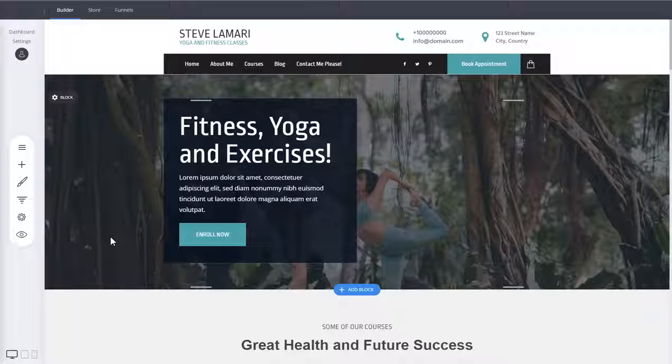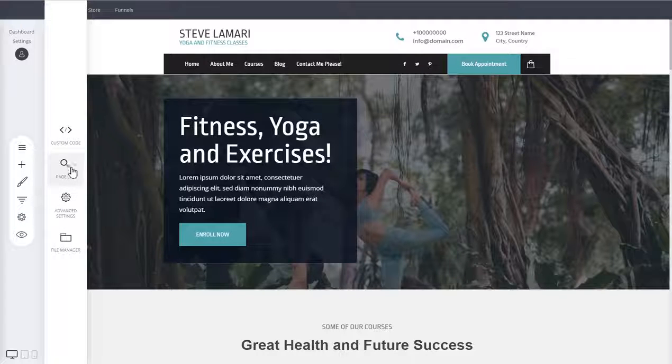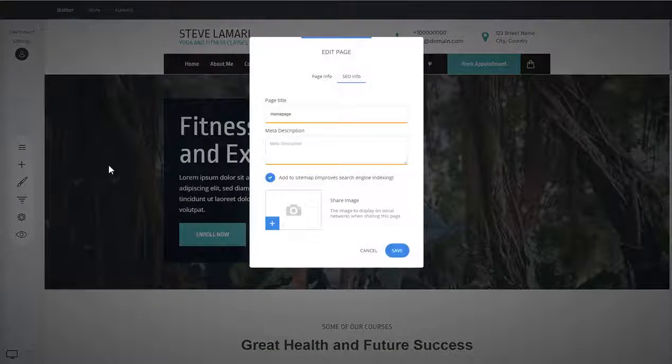So you've built your pages and you're wondering how to do SEO for the pages and your website, funnels, etc. So let me show you and give you some tips on how to do so. One way to add an SEO title and description for your pages is by clicking on website settings and then clicking on page SEO. Here you see the page SEO section where you can add the page meta title and